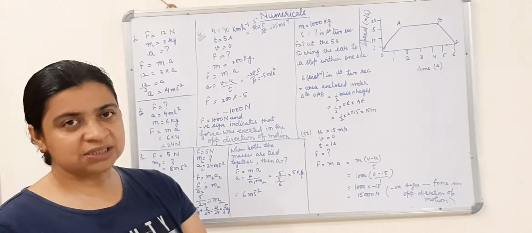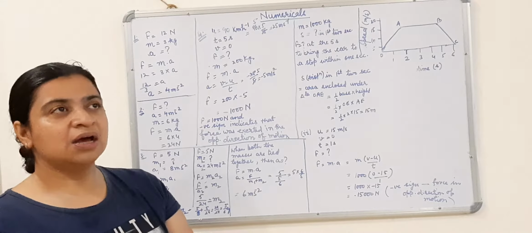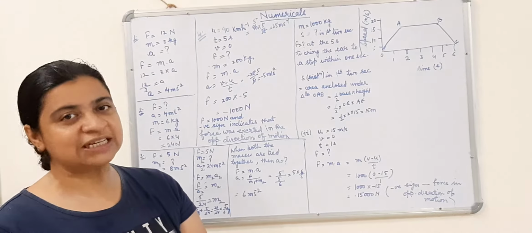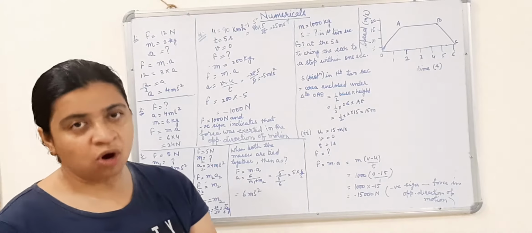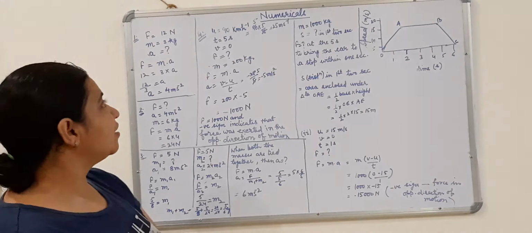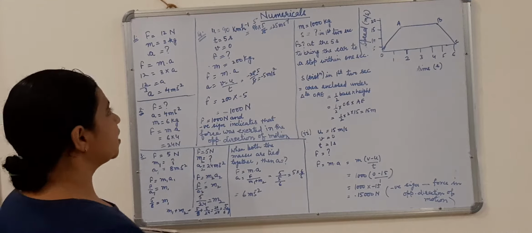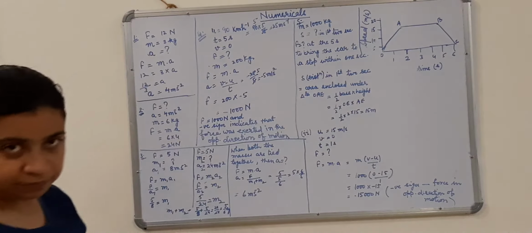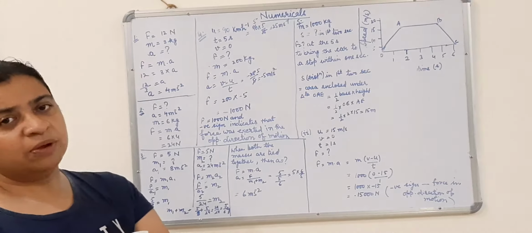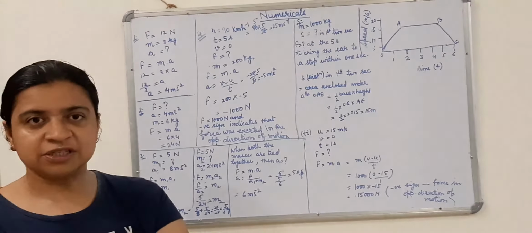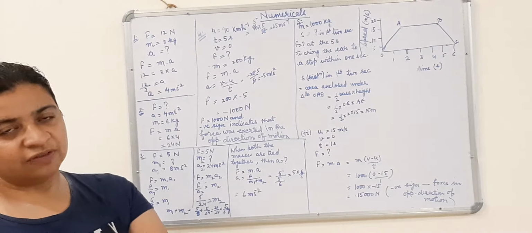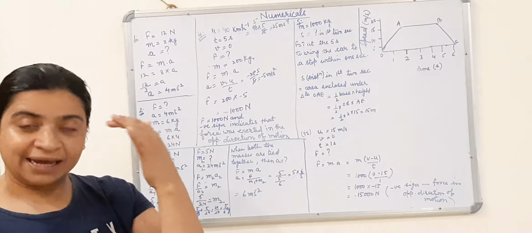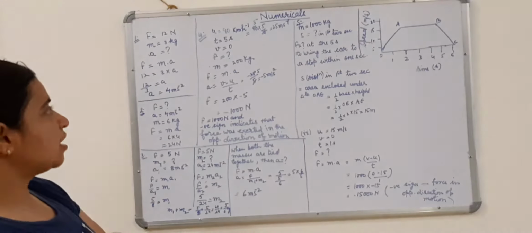Children, I am not going to discuss your book exercise questions. Examples are given in the book, you can go through them, and if you find anything difficult in those examples, you can give me a call or contact me. Today I have taken these 5 numericals. These are not from your book, I have taken them from some other reference book. NCERT you already have, so you can practice the numericals from the examples given there, and the back exercise we will discuss. Okay, so let's start with the first numerical.